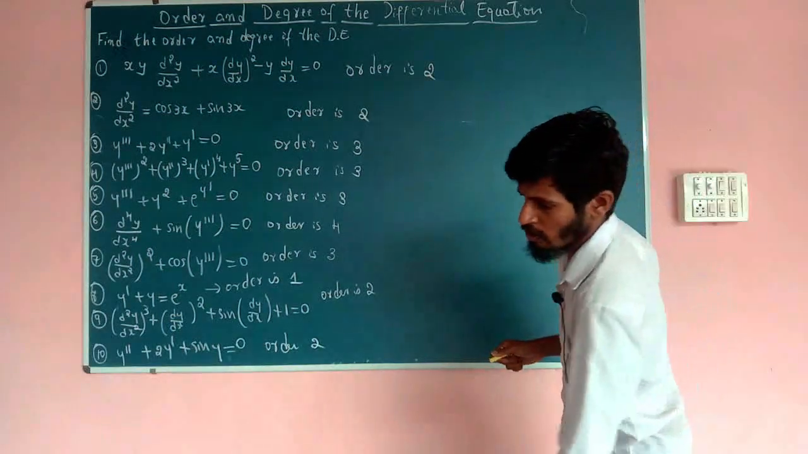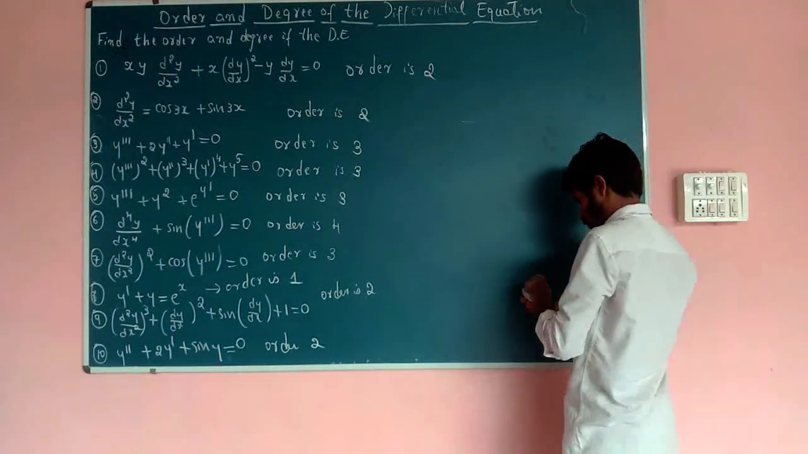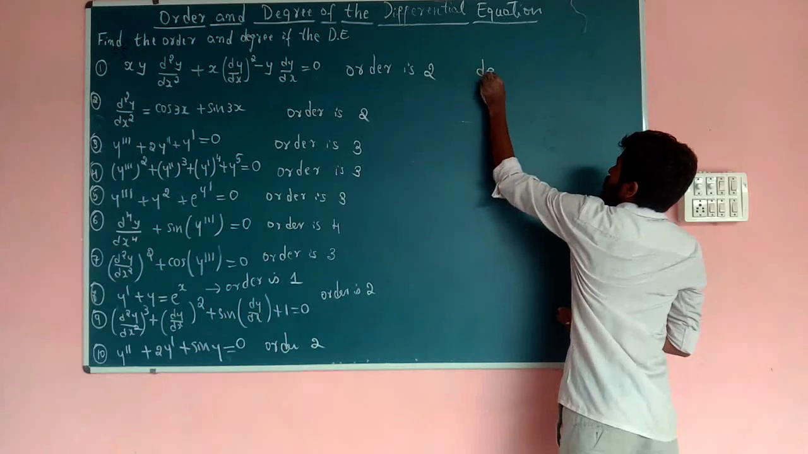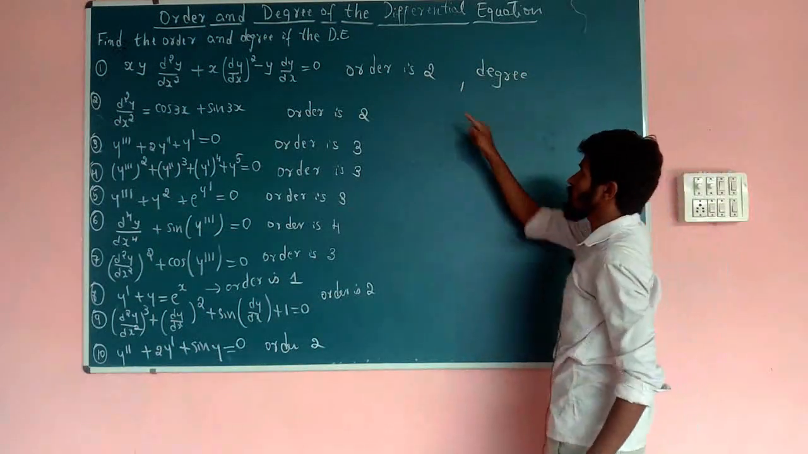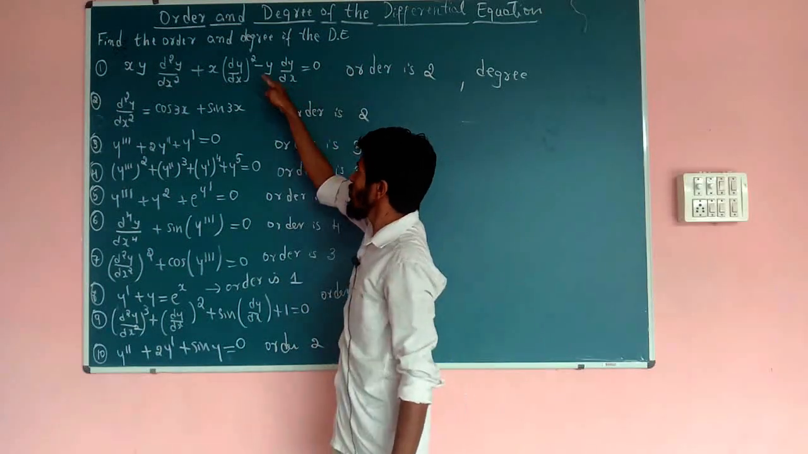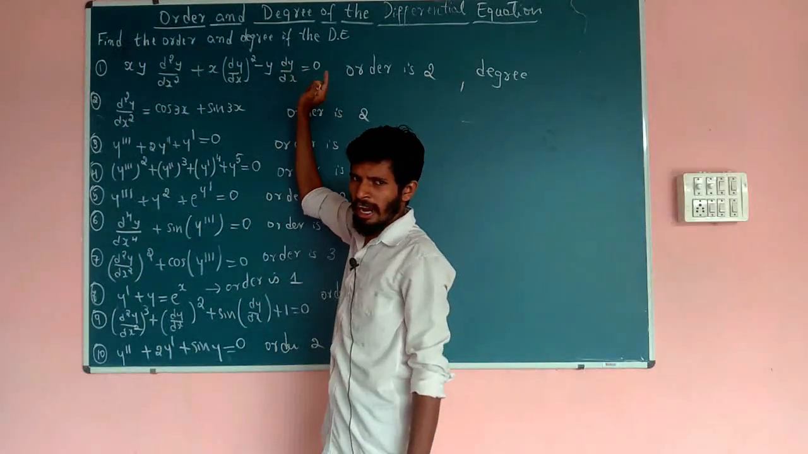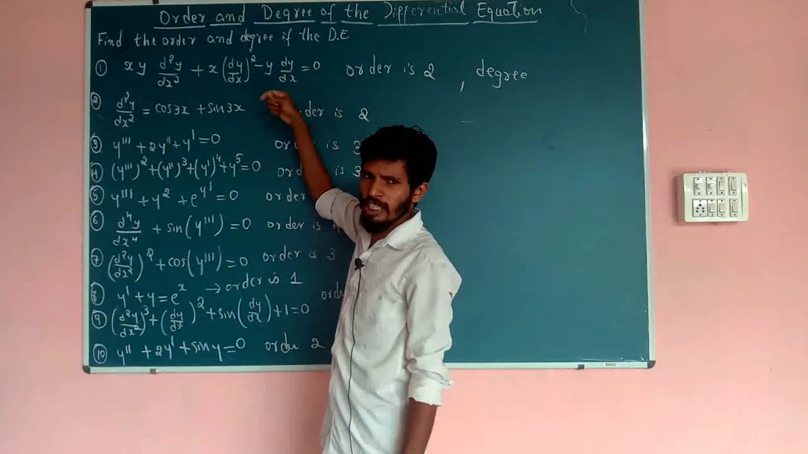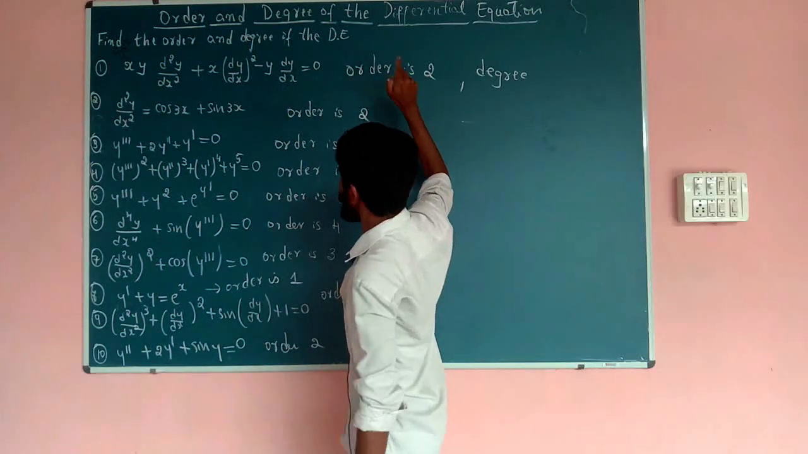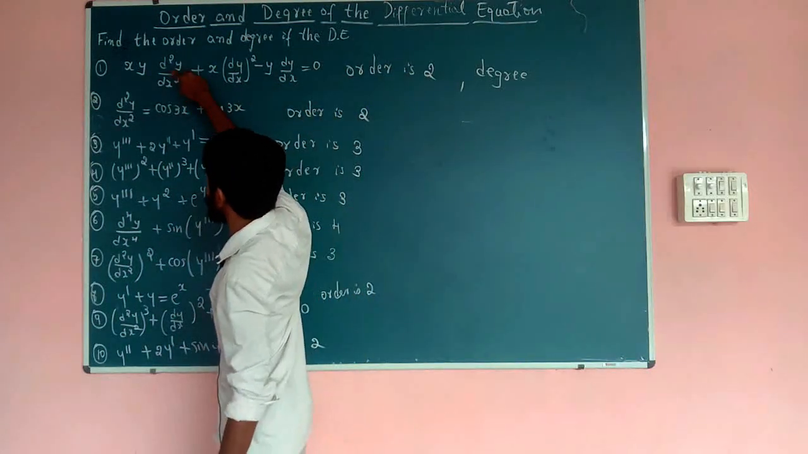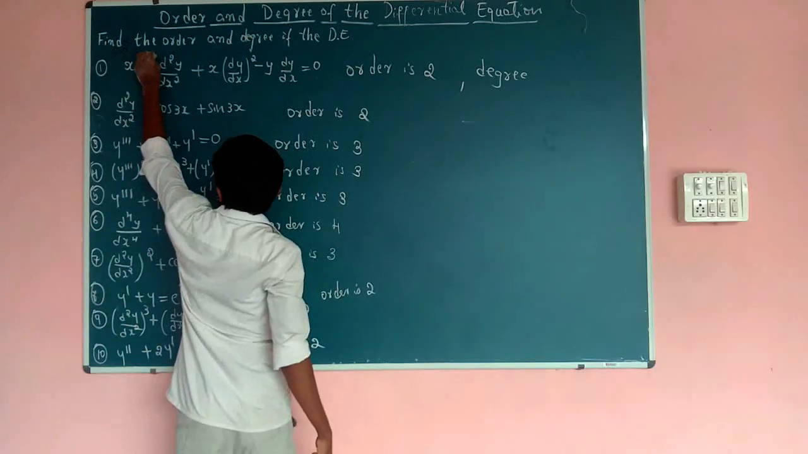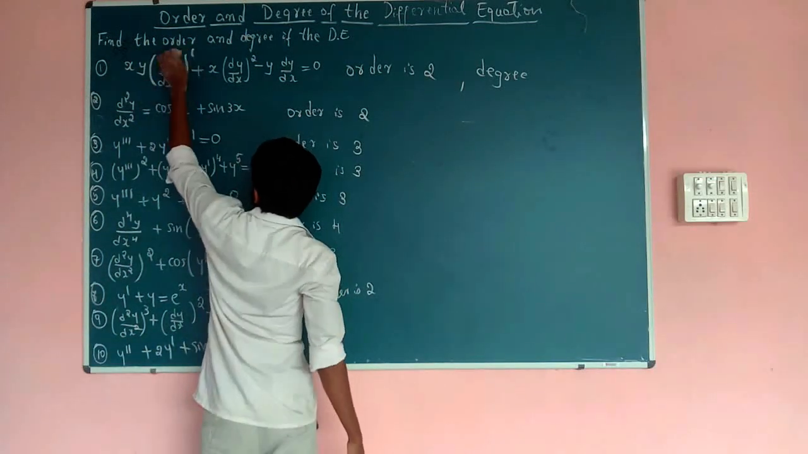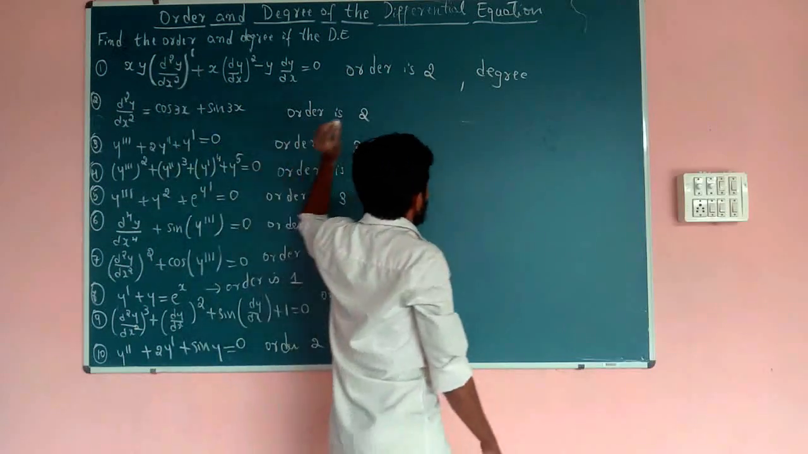See, in the first equation, what is the degree? See, order is 2. First see this equation. There is no sin term, cos term, tan term, no e to the power term, no log term. Order is 2, which means d square y by dx square. The power of the highest order derivative, d square y by dx square, is 1. Therefore, degree is